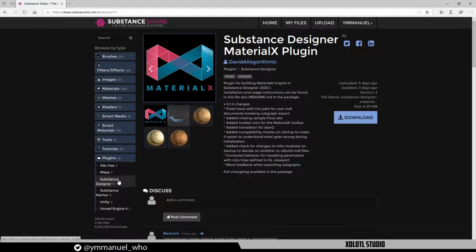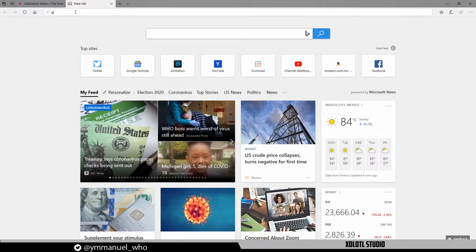So let's get started. First we need to download MaterialX plugin from Substance Share. So we go to Share, then Plugins and Substance Designer, and we download it. Then we also need to download the actual MaterialX libraries. So we can search on Google, GitHub,